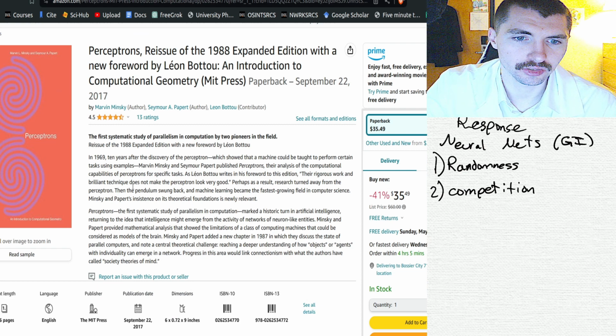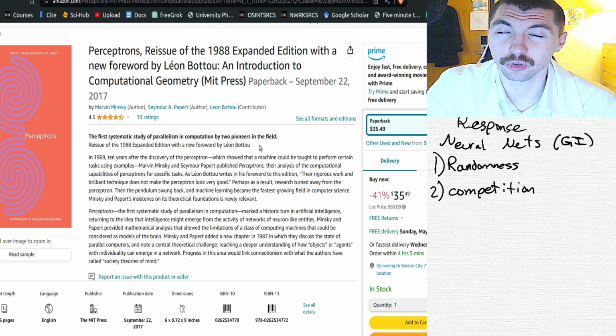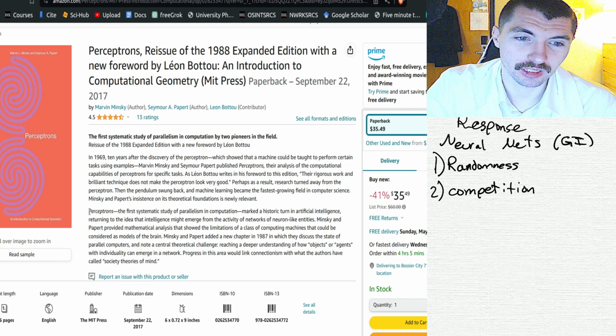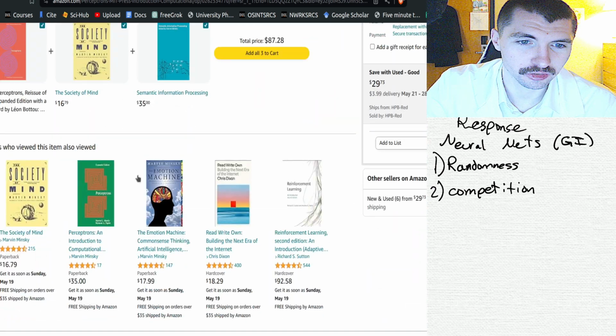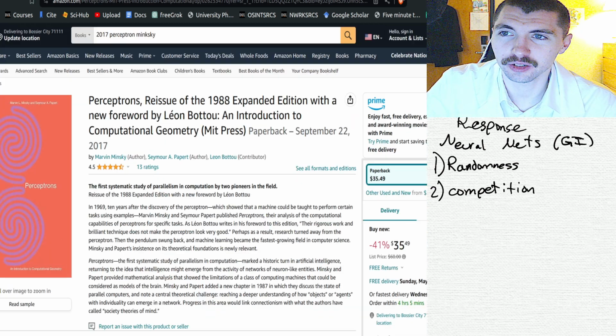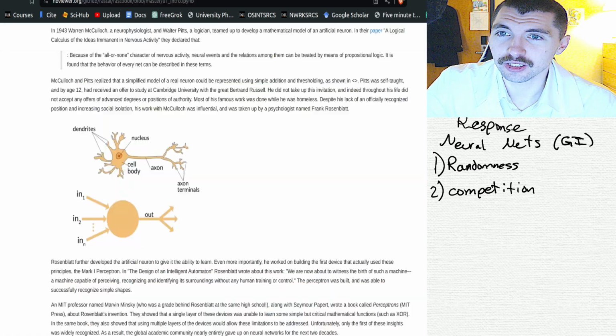Wikipedia says this is one of the fundamental works. A lot of the stuff is slightly outdated, but I read on Wikipedia that Minsky's ideas of frames are still used quite a lot. Not sure exactly what they mean by frames. I'm assuming it's something different from the computer networking term. Yeah, I bought this book. I recommend you guys get it as well. It's 300 pages. Should be able to knock it out in a day or two. So that's it for the required reading.